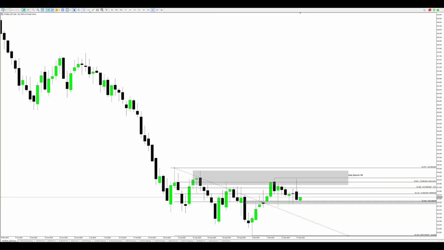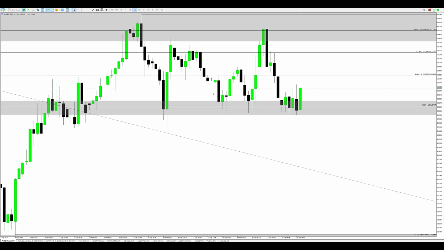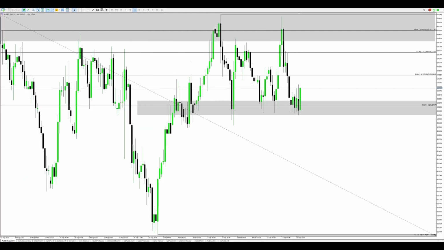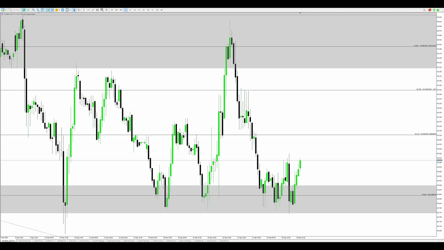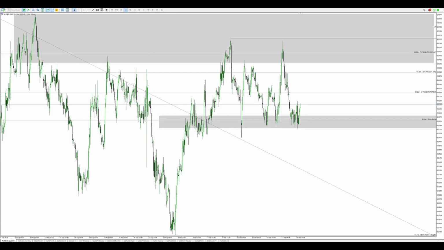So you can clearly see price structure is well defined. There's no need to be chasing the market or anything. You see this level here, 93.30, I'd say 93.40 for our conservative traders. 93.40 is going to offer a good chance to take the market to the downside. So you see, things become more clear. You just need to be in a position to break down the market structure in a proper way, knowing what you are looking for, what you are hunting for.